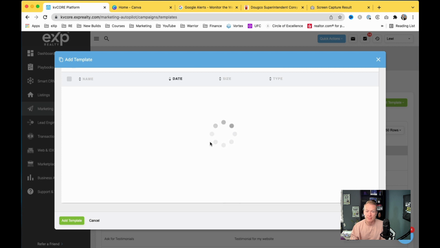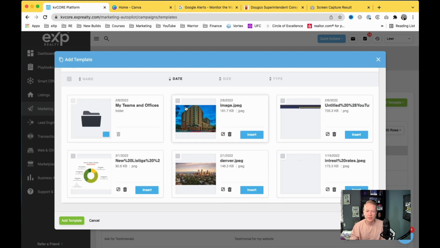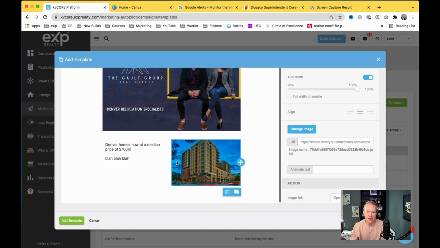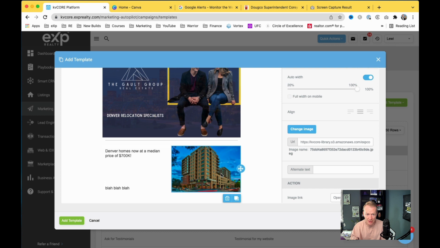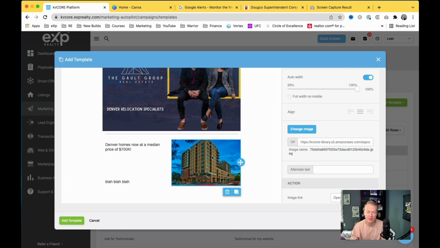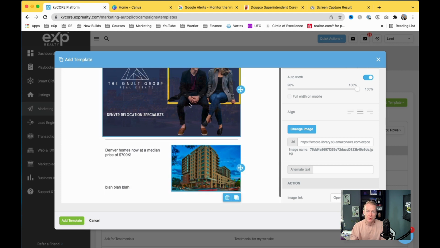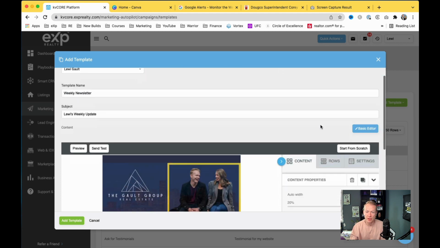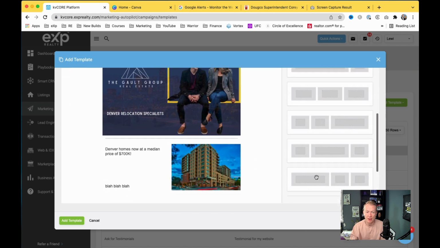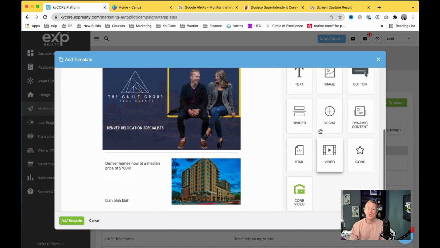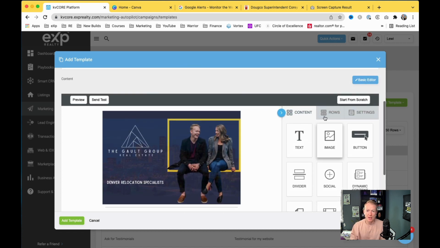Now for our image, I'm just going to download. I downloaded it already. I just go into Google and download an image of Denver, whatever. Here's an apartment building, whatever. I'll just take that and put an image in there. Now, what I like to do is make sure that my finishing text is in line with this. Why? Because I'm OCD, I guess. I just like it to look all nice like this, okay? So that's our headline grabber, which is great, okay? So now we have our header and we have our headline right there. So it could be a market update, an update about you and your life, or an update about whatever. The next row we're going to do is our clickable links